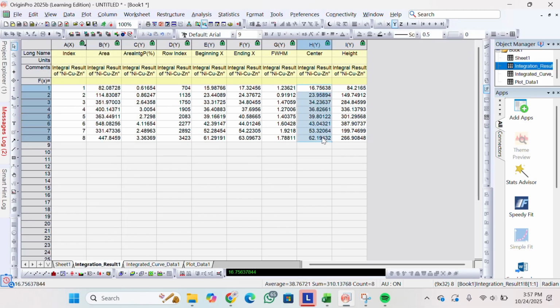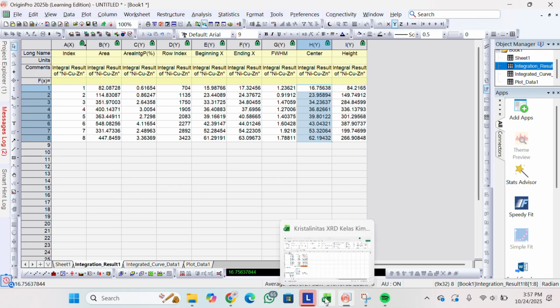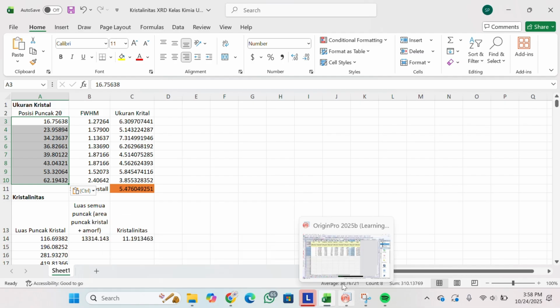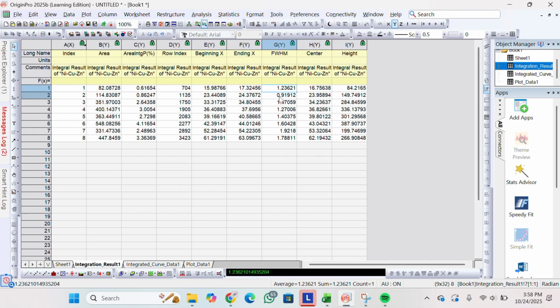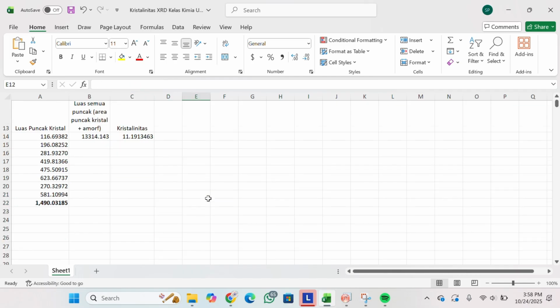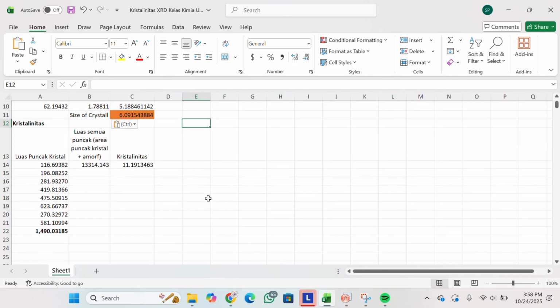You have to copy to the Excel in the peaks position and paste. And then the FWHM, you have to copy also and then move to the Excel. Then paste to the Excel,